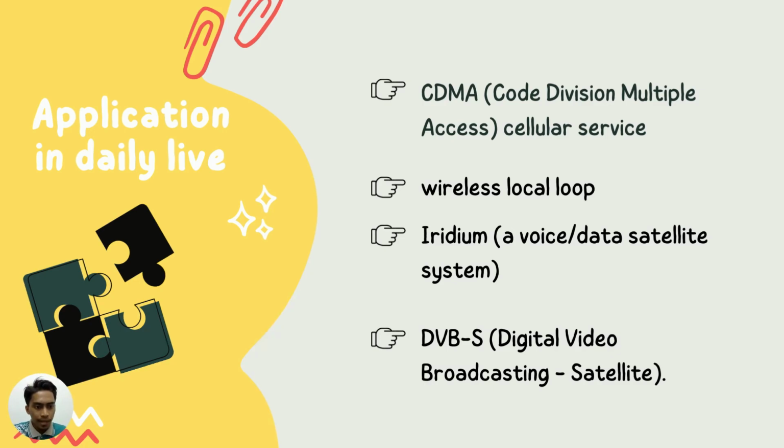So we go to the last part, which is application in daily life of digital modulation. First, we can see is CDMA, code division multiple access cellular service. Second, wireless local loop. Next, Iridium is a voice and data satellite system. Lastly, DBS, digital